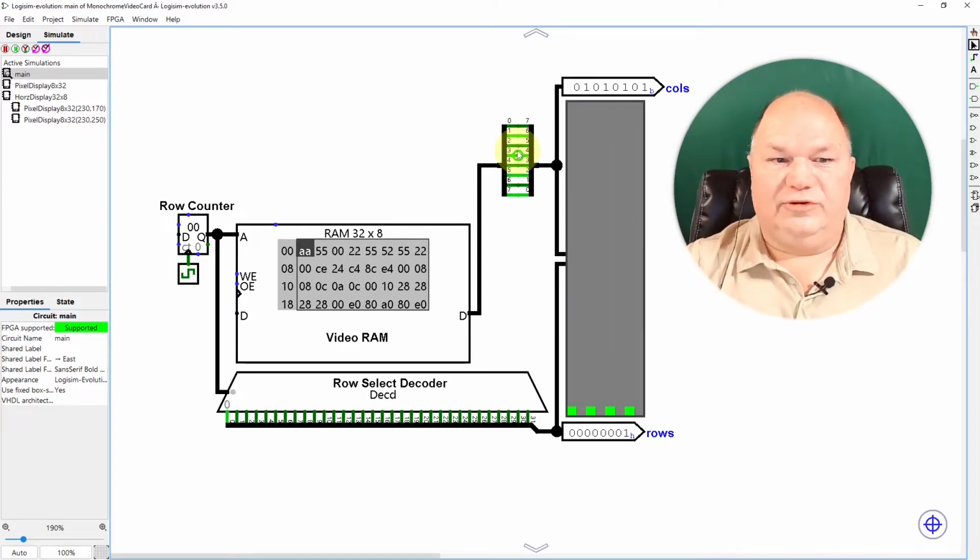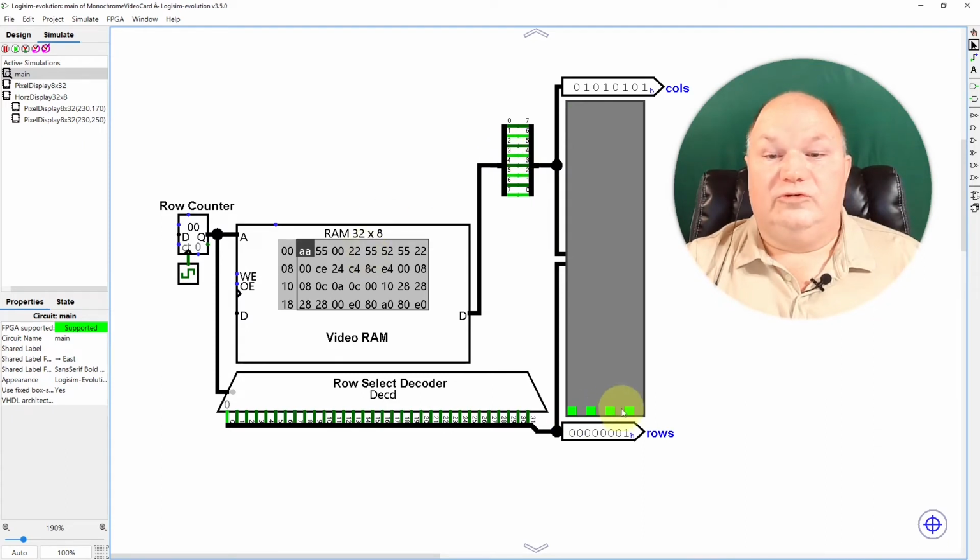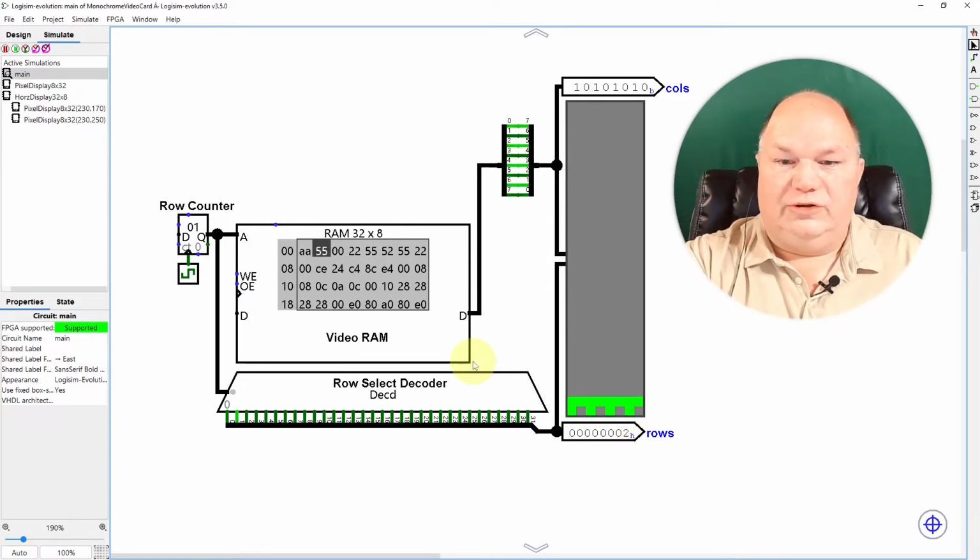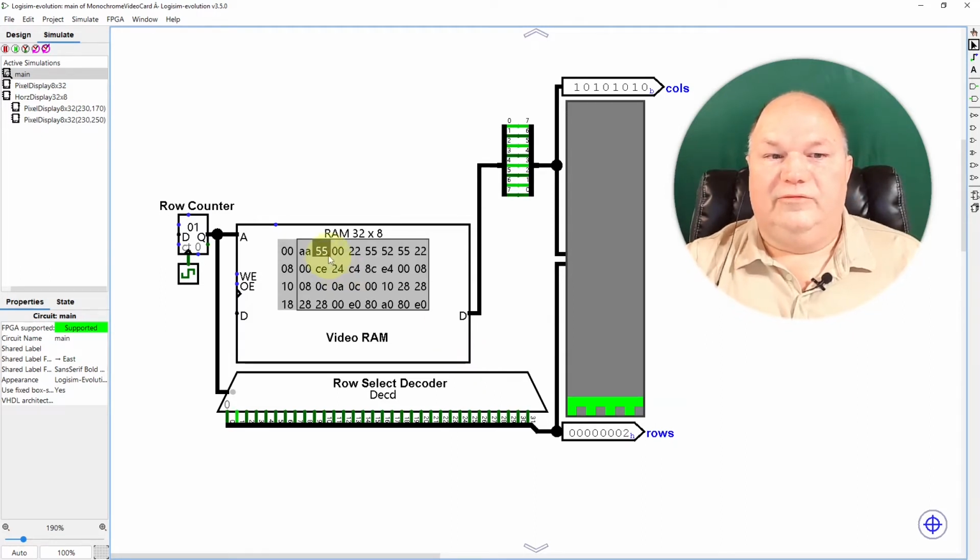We'll go back to the start. Pattern is AA, which is 8484 on the individual bits. And then if we cycle one time, we get 55. Now 55 should be 1414, and this should look kind of like a checkerboard. And that's actually the reason why I use this pattern, to be able to readily see what's happening in